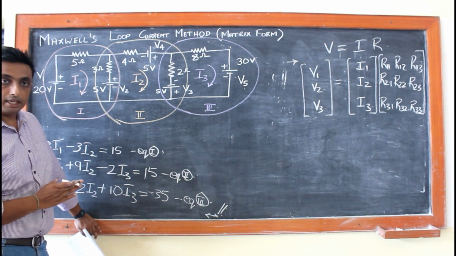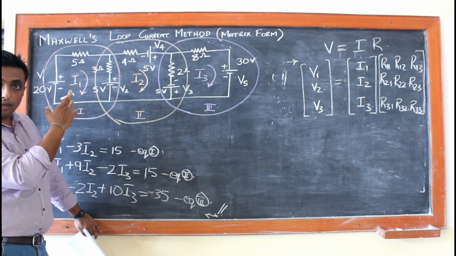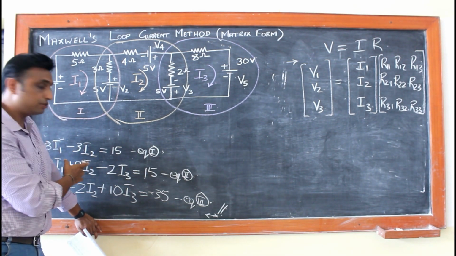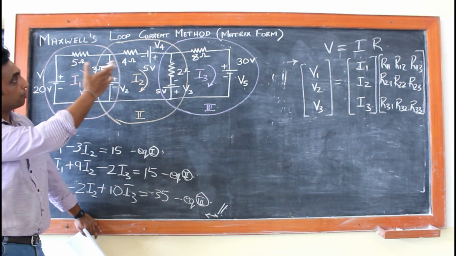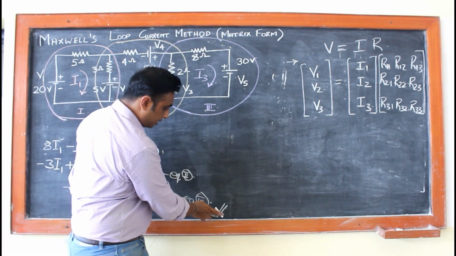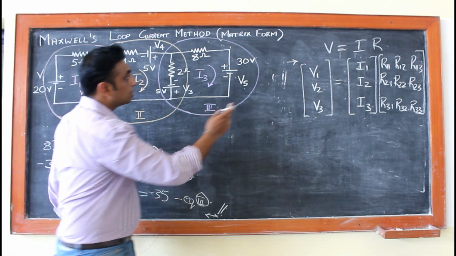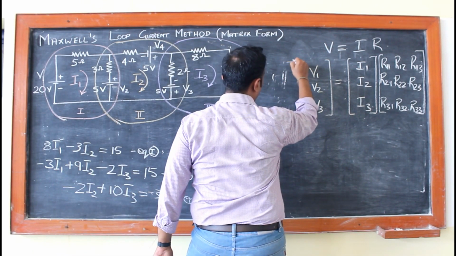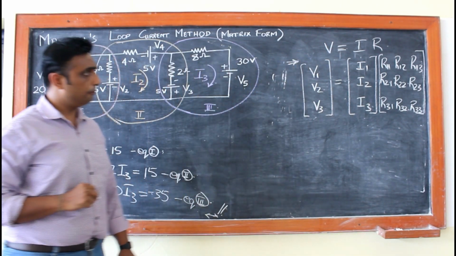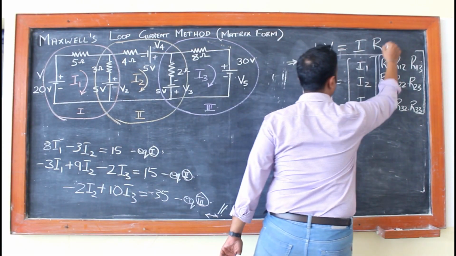After you complete these 3 equations, you can decide whether you want to use simultaneous equations and find out the values of I1, I2, I3, or you want to use the matrix form. So this step till here remains the same. Now once you got your matrix, which is derived basically from Ohm's law,